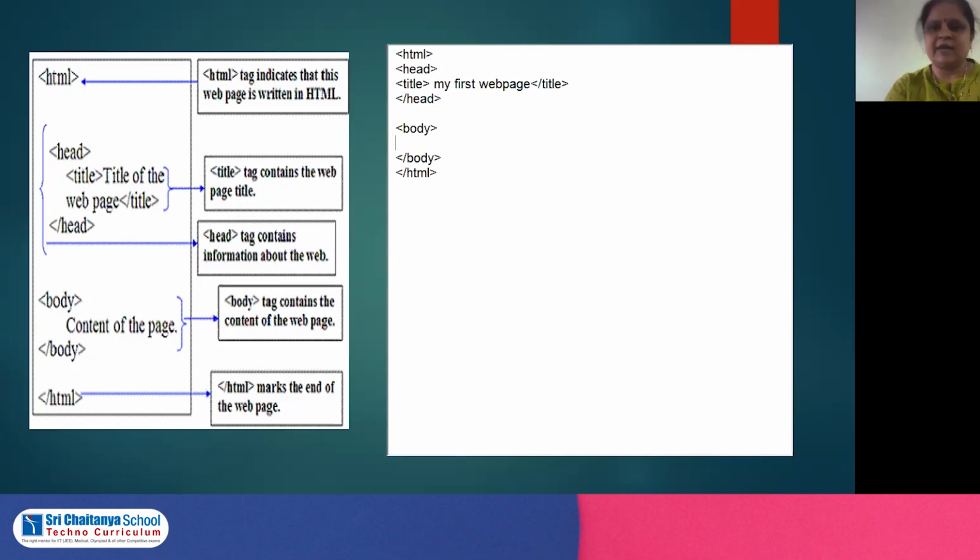And here I will write, welcome to ITC class. Today we are learning how to create a web page. I want to display this information on my web page, so I have written this.